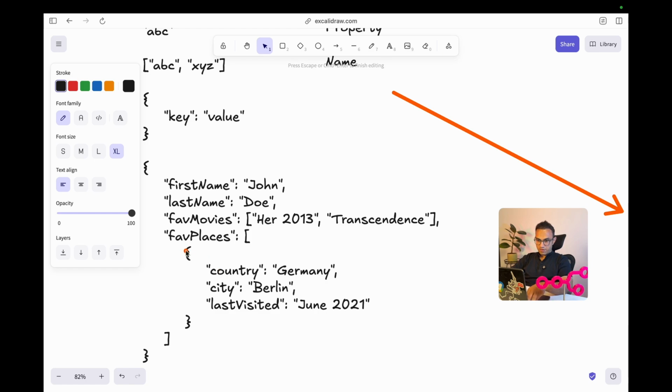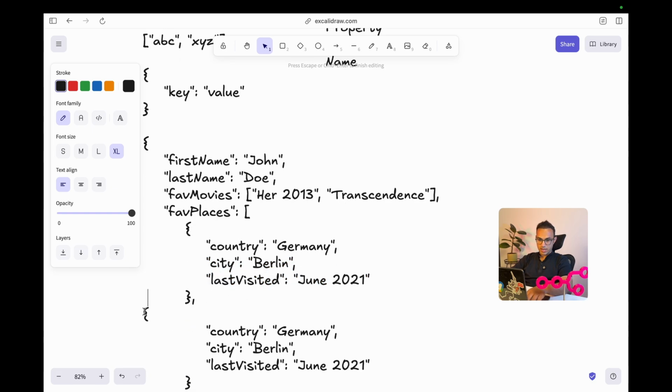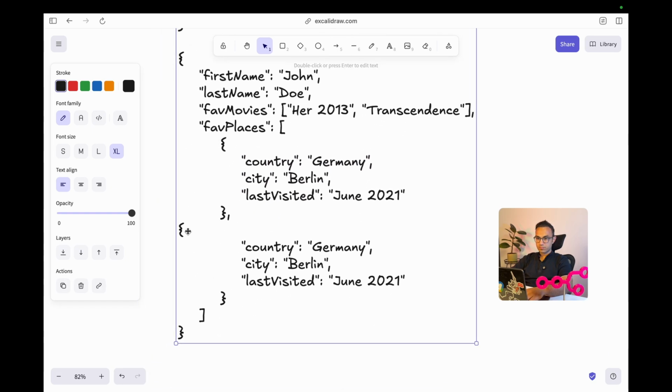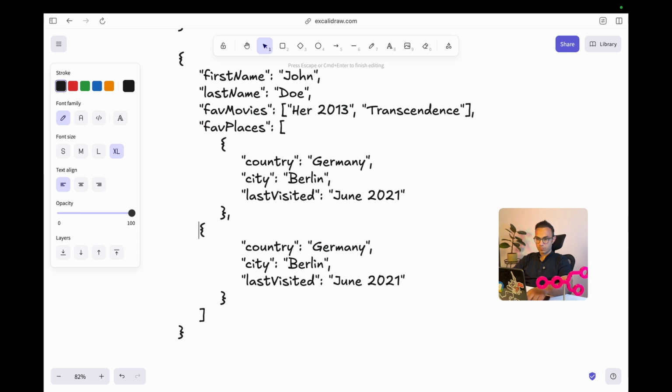And I have created one piece of object here. I can create another piece of object by, again, the same principle. A comma needs to separate them, same way like here. So it's an array of objects, and each object is separated with commas like that. Now I have one object, I have two objects.